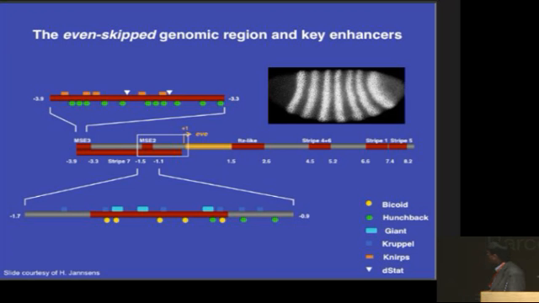Now, the classic picture of the DNA, the 14 kilobases or so needed to make the 7 stripe pattern is that you can divide it up into enhancers. And enhancers are little isolated pieces of DNA that drive a part of the pattern. For example, this is the minimal stripe element for stripe 2. In isolation, it will drive this stripe. And typically, these enhancers contain clusters of binding sites. But